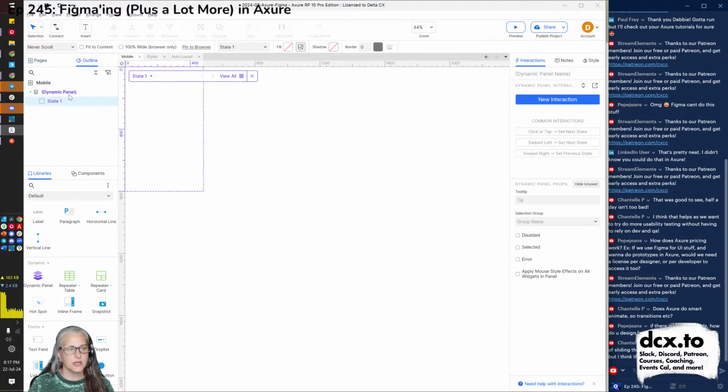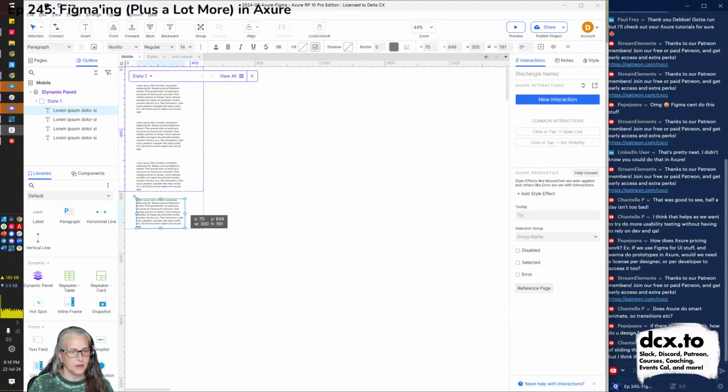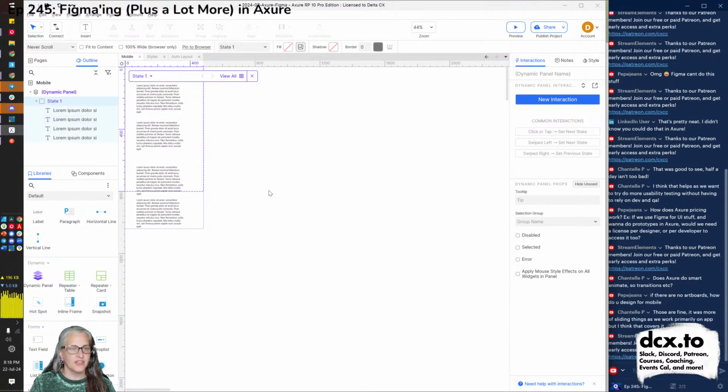So now I've got to start putting content in here. Axure does a dynamic panel, and every state is content that can be inside of this rectangle. Let's say in state 1, I can put some paragraphs. Let's move this down a little bit just so you can see that there's a peek, or we're implying that there's more there.